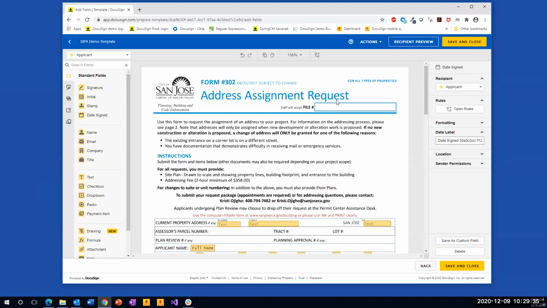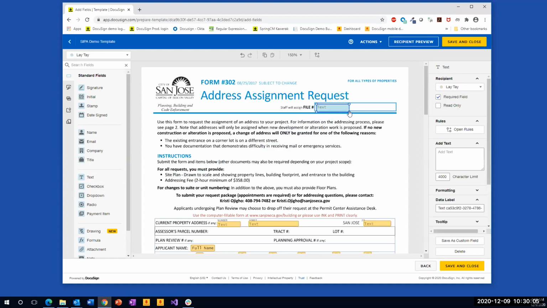All right. Now let's go further up here. And what I want to do here is I want to have this form issued a file number when it goes to the approving officer. So to do that, I pull down the drop down menu. I'm the approving officer for this form, so I select myself. And you notice that when I do this, the color of the control changes. The color coding is a visual design aid. It helps you see who is doing what when you're designing the form. So now what I have to do is drag over a text box, put it here, right? I can label this, let's call this file number.